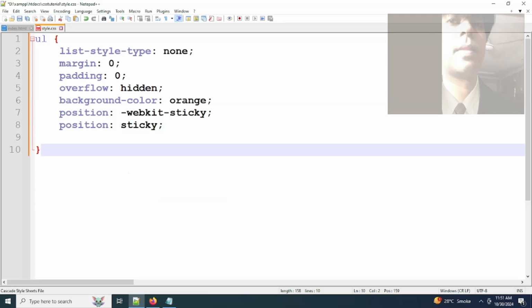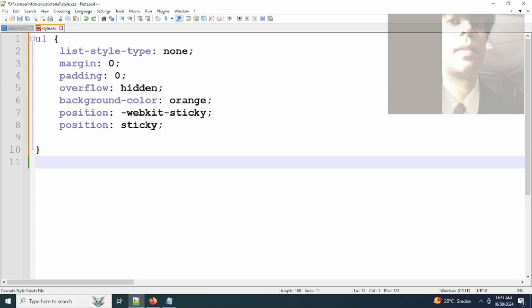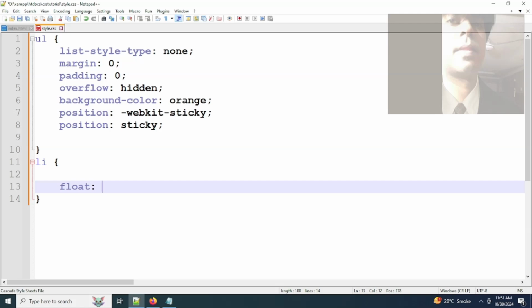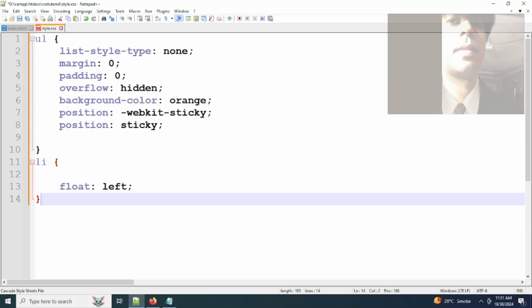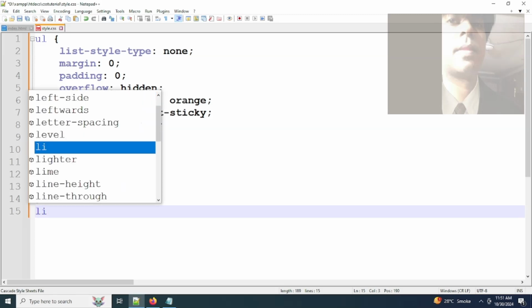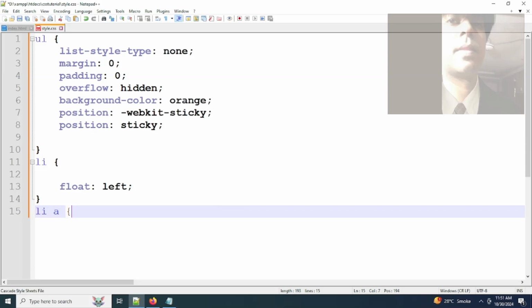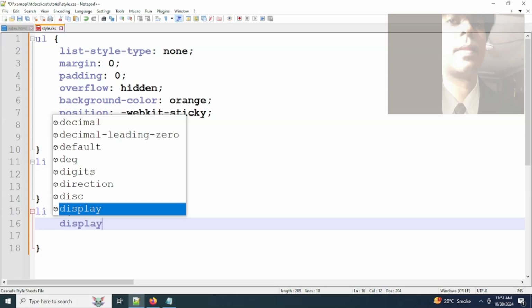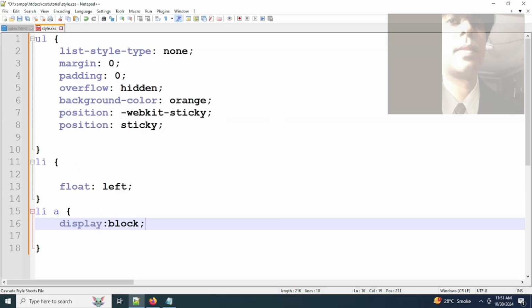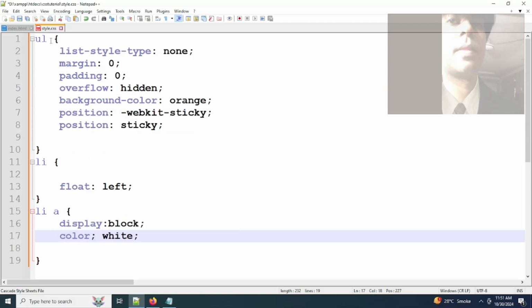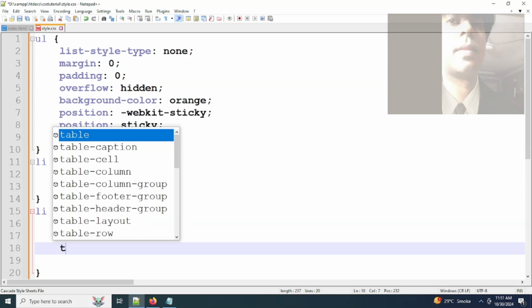semicolon. Underneath UL selector we will use li selector, open curly braces and close curly braces, float left semicolon. Underneath li we will use li selector white space a selector, open curly braces and close curly braces, and we will use display block semicolon and color white semicolon. Underneath color we will use text align center